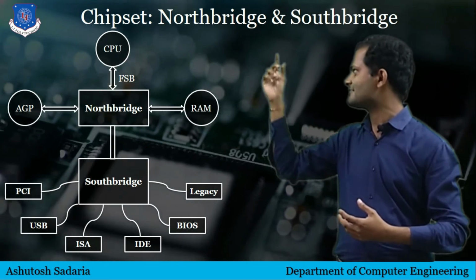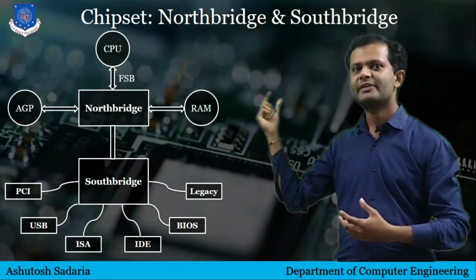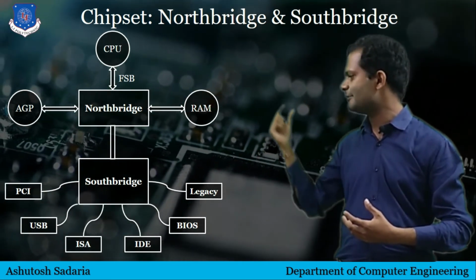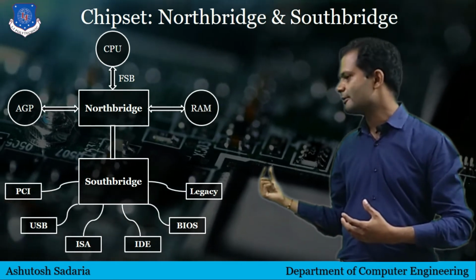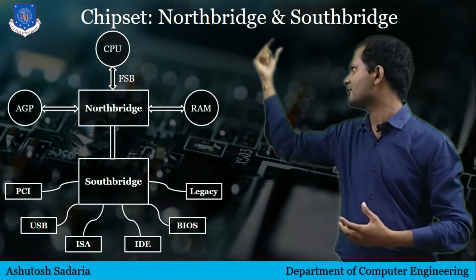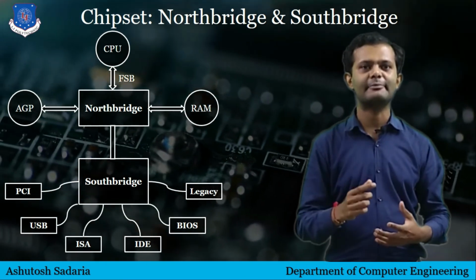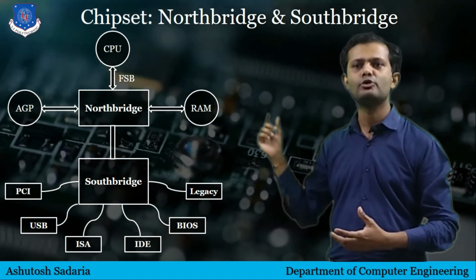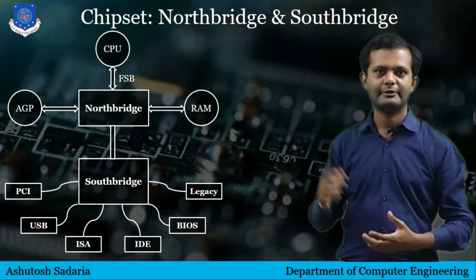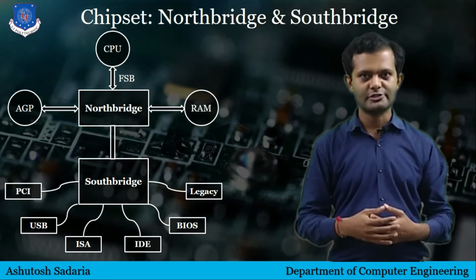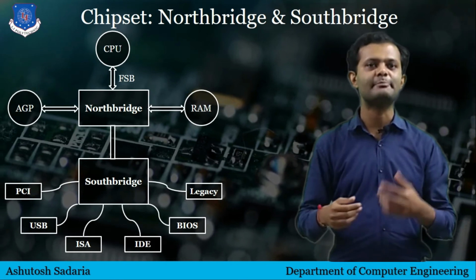The Northbridge part is directly below the CPU and the Southbridge part is directly below the Northbridge. But Southbridge is connected to the CPU via Northbridge. So as you can see from the diagram, Northbridge is connected to AGP and RAM. Northbridge, or a host bridge, is a microchip on some PC motherboards